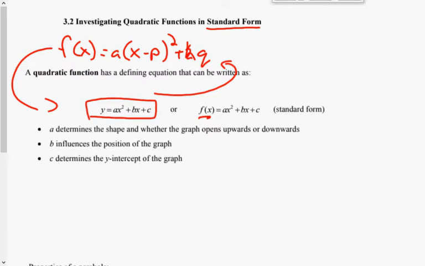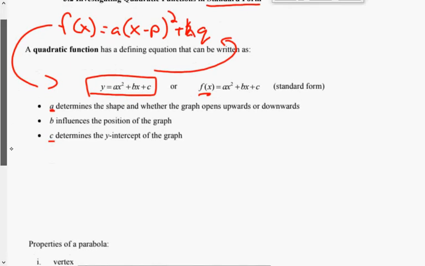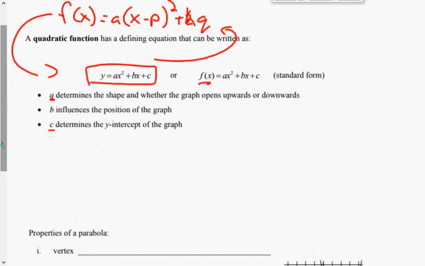The big things to take away from standard form are the A value and C. B doesn't give us a whole heck of a lot. It determines where the graph is going to go, but we don't really get into a whole lot of working with B, so I'm not going to stress it a whole lot, okay? Just know that it influences where the graph goes. It'll do some kind of shift or translation, okay? Any questions? You guys kind of remember this? Remember examples,